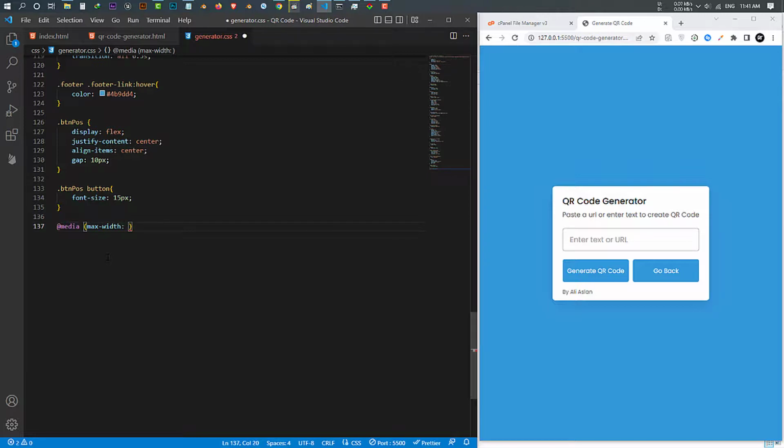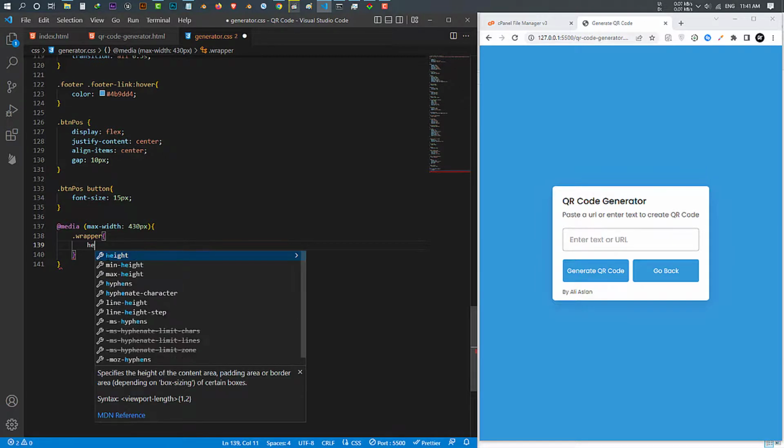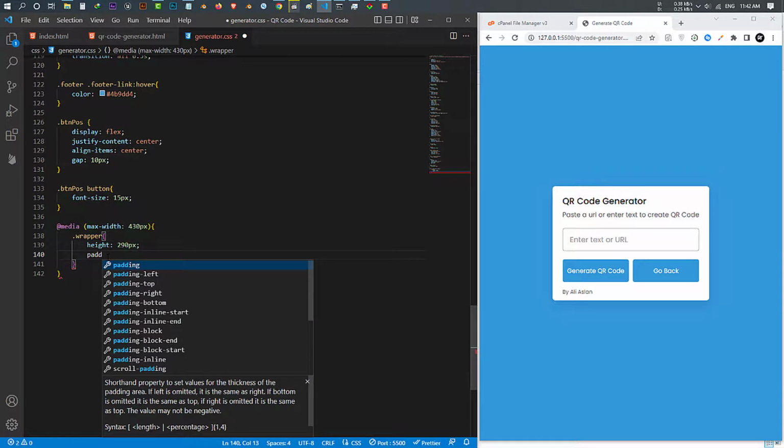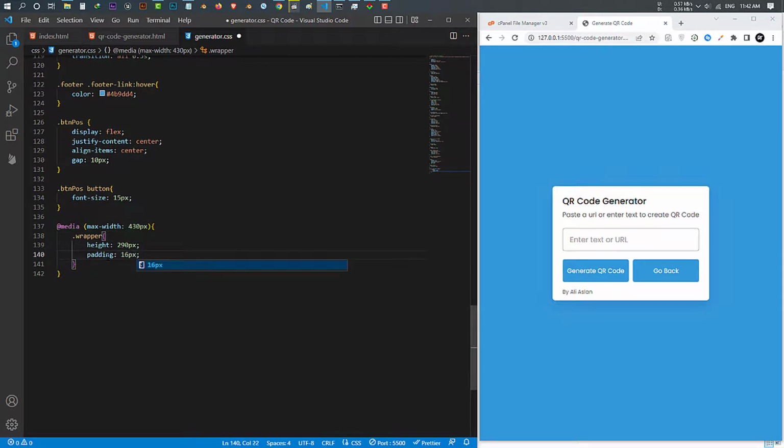When the screen is smaller than 413 pixels, I give this design for it. First I select the wrapper. I change some style on my wrapper. First I change the height to 219 pixels, and also want to give it some padding, 16 pixels and 20 pixels. After that I also want to change the wrapper active